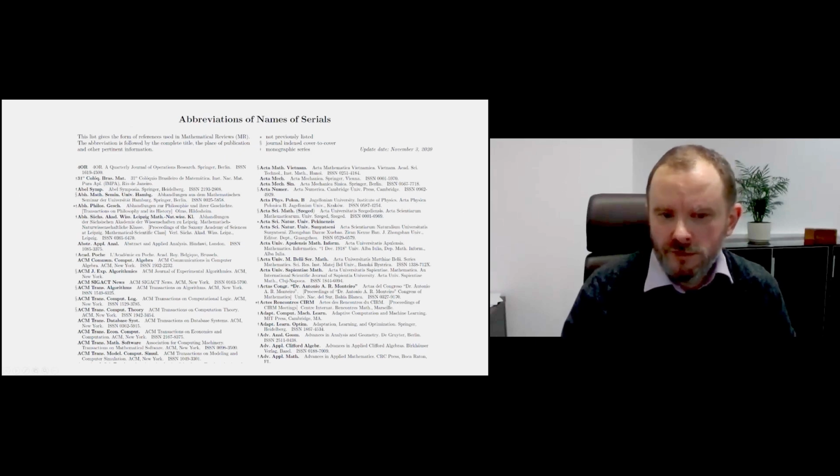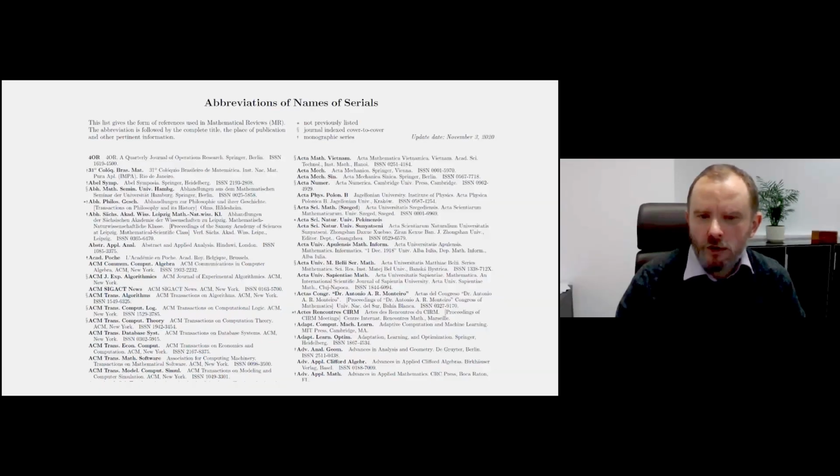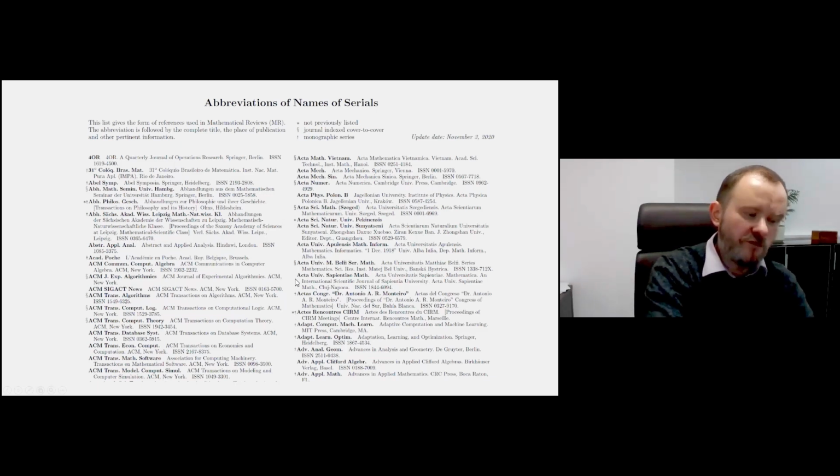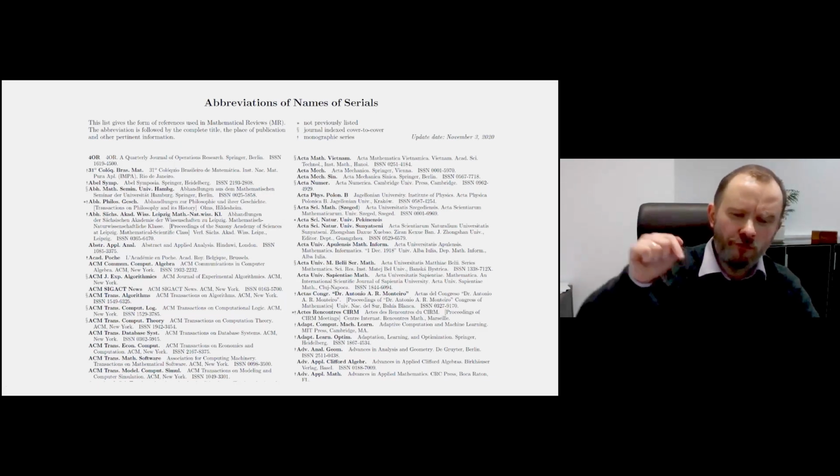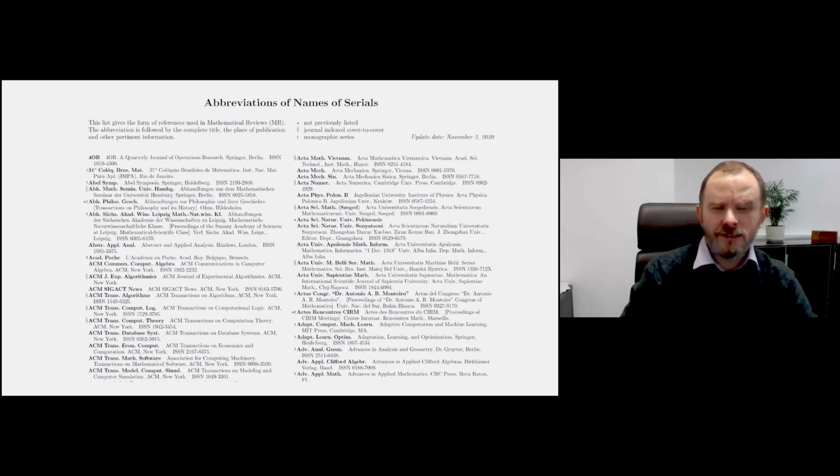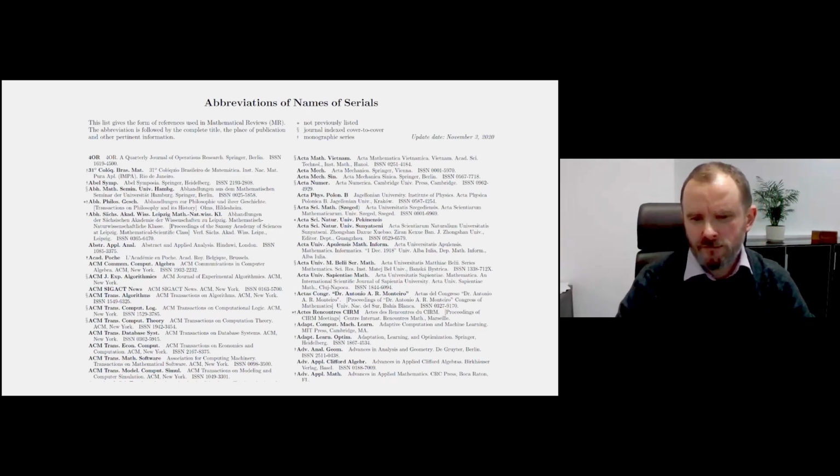This is a file which you received before our meeting today. It is produced by the American Mathematical Society. And this is a list of standard abbreviations of journals. So again, a strong recommendation: follow this. I found this file with these abbreviations quite recently, and I'm very happy that now I have it. Because at the Higher School of Economics, through the library, we have access, and we could go to MathSciNet and look for each concrete journal, but it is much more convenient to use this list.